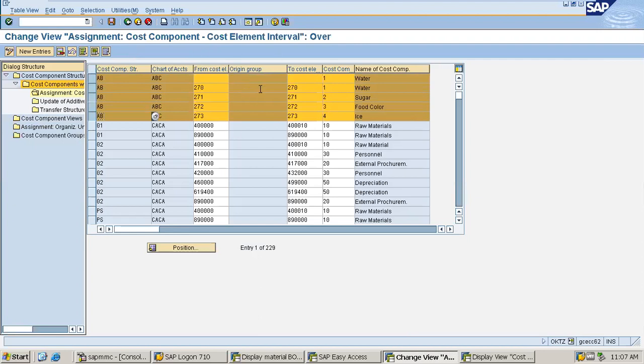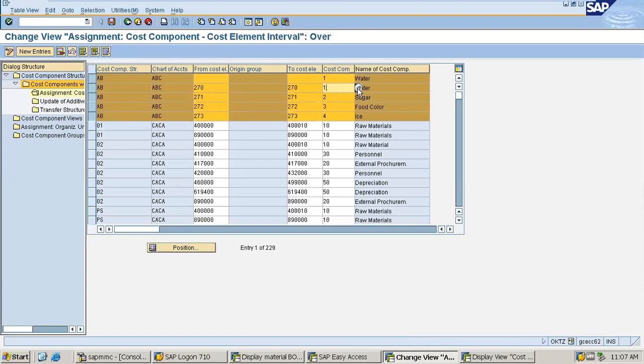I do have these many cost elements defined, and these all are the sources of cost. Through these sources, the expenses are incurred. So I have given the range here, and the cost component structures are also included here.